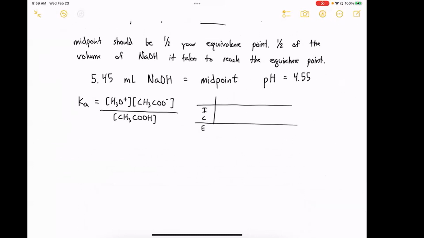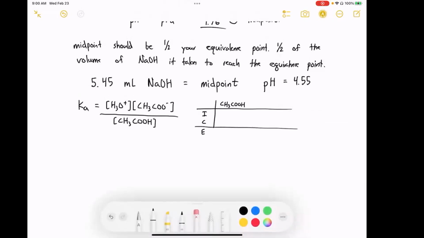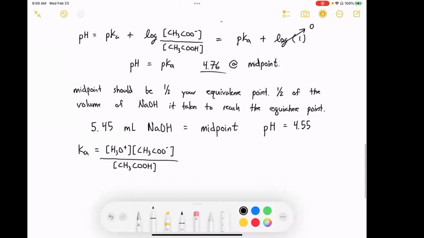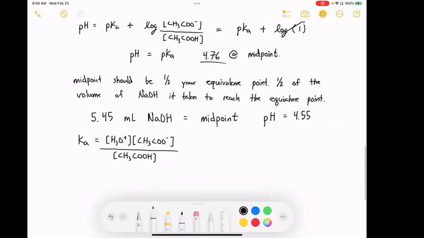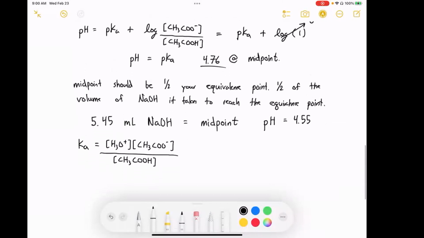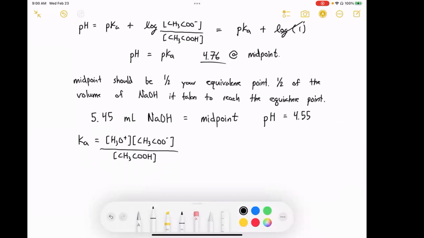So here's our acid, CH3COOH. But this time, okay, I think I got it. We actually don't need this data table. So we know at the midpoint that 1/2 of it is in the acid form and 1/2 of it is in the basic form. So that means our simplified equation is